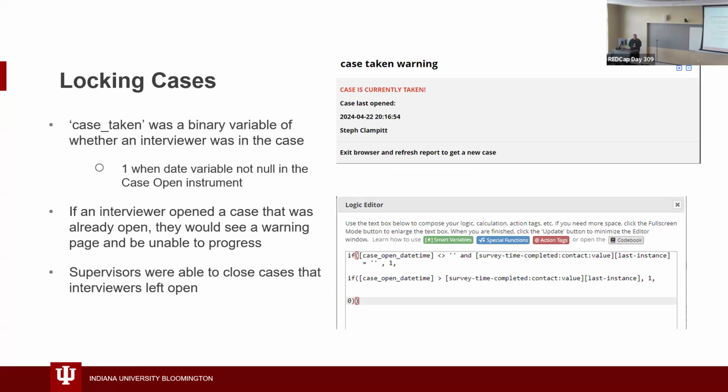Locking cases. This one was a fun one to figure out. In the case open, when the interviewer is telling us who they are, as soon as they hit submit on that, we now know who they are. At the bottom, you see the logic saying if that date is greater than the survey time, which it is going to open up a new repeating instrument of the survey, which is automatically going to be later than that. It's going to go to taken. All right, it's a little abstract just talking about it, but that's the idea. And this is also where the supervisor's time will override it if they have to go back and